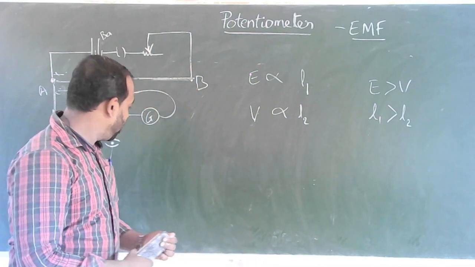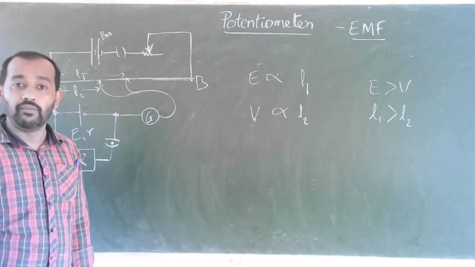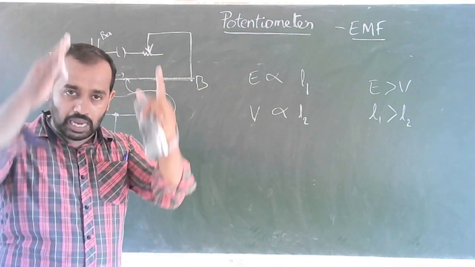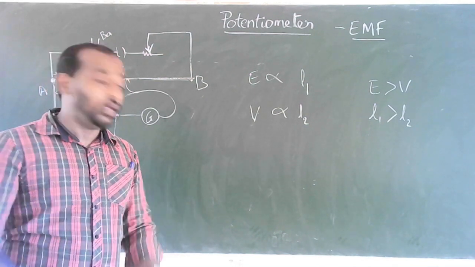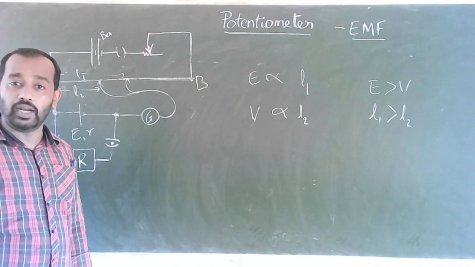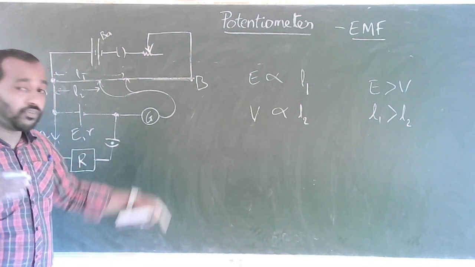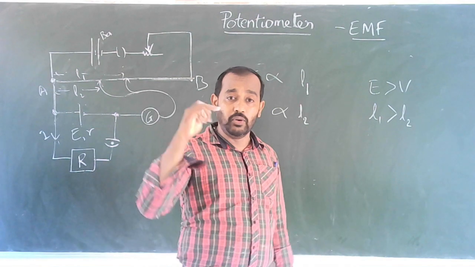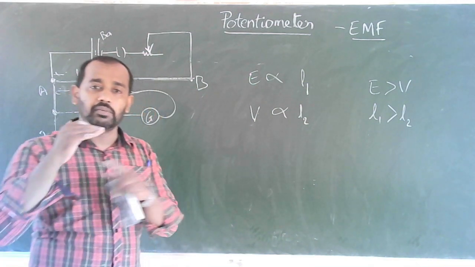In practicals, we are going to change the value of the resistance. We are going to increase the resistance. When we increase the resistance, we get different values of L2. We are going to tabulate the value of L2. L1 is fixed. It will be obtained only once. But L2 will be different for different values of the capital R. We have to remember that if you increase the value of R, the value of L2 will also increase. But it will never be greater than L1. If you get L2 greater than L1, you have made something wrong in the measurement of L1.